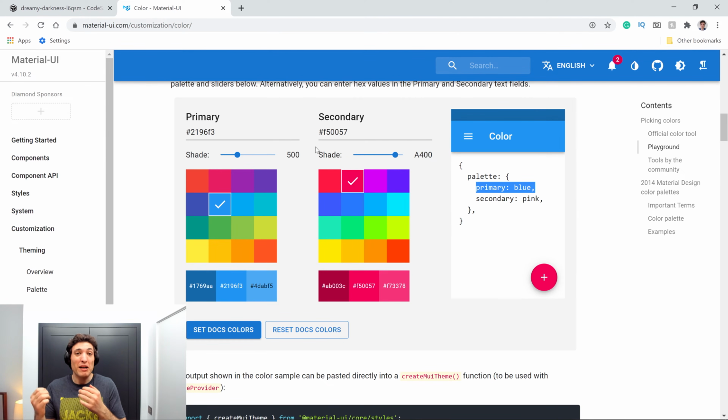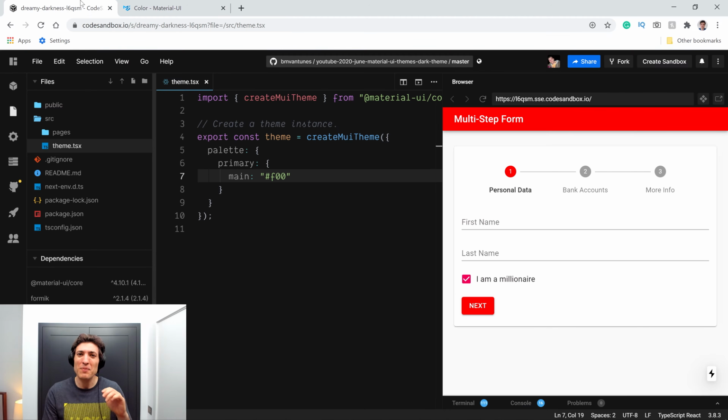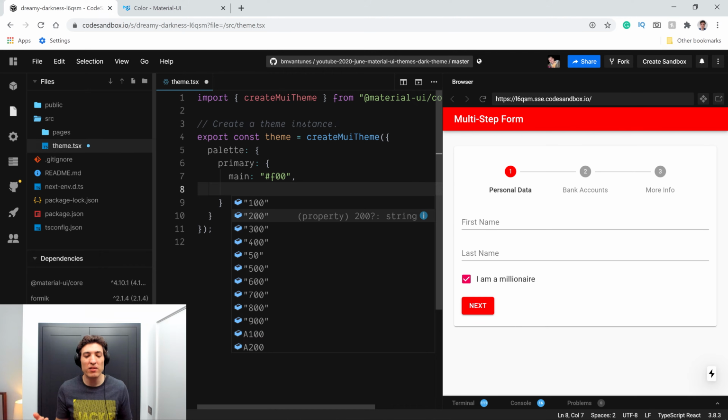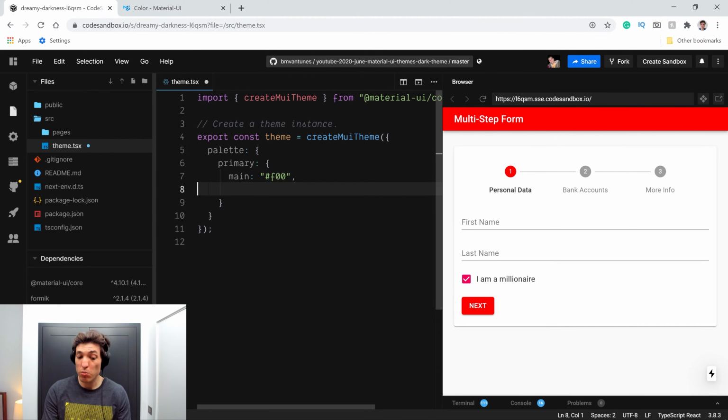If your company luckily has exactly that palette, you are ready to go. You don't even need to do much of the customization. You can just import those palettes from Material UI itself. I know they have the green, the orange, the pinks, so they have quite a lot of colors. In your case, if you really need to, you can define a lot of the shades over here. For example, you can say the A200 will be this specific color of red. So you have a lot of customization in terms of color.